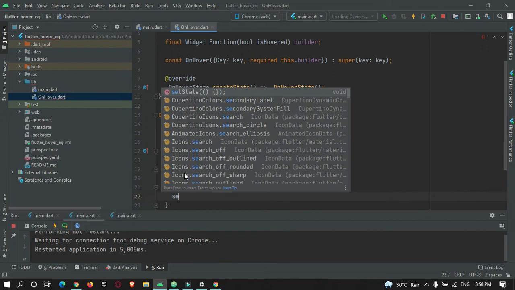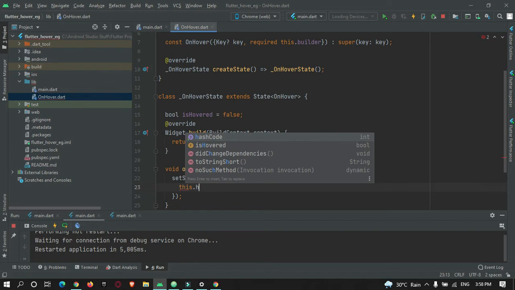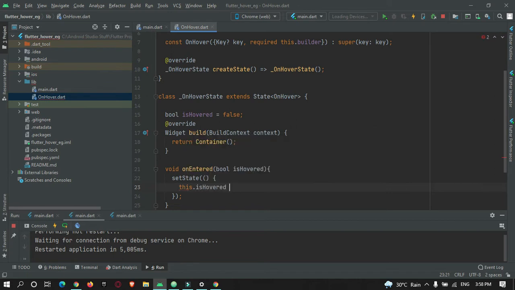And now here by making use of setState, this.isHover is equal to isHovered. Okay, so now we must make use of this method over here.